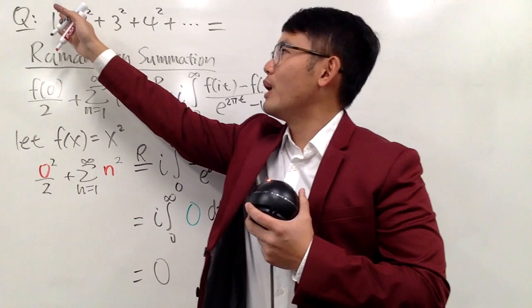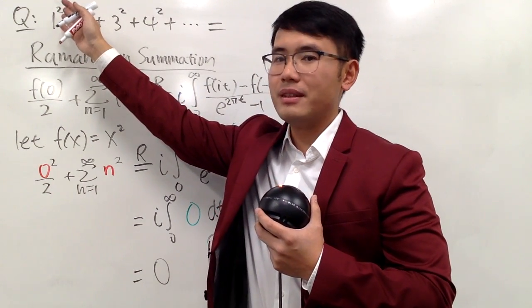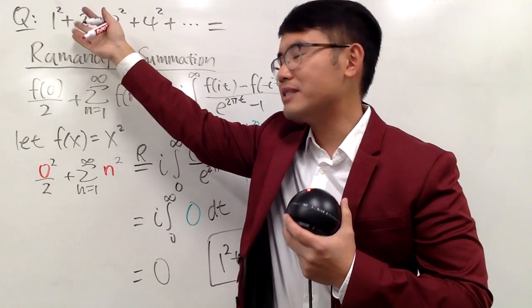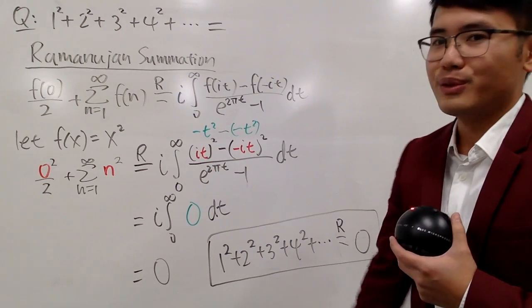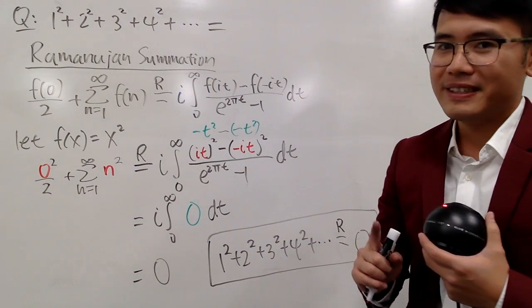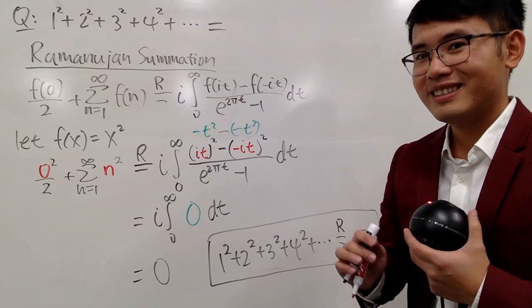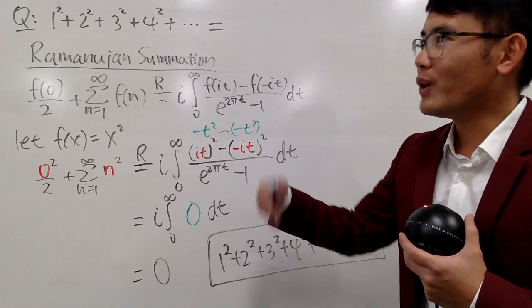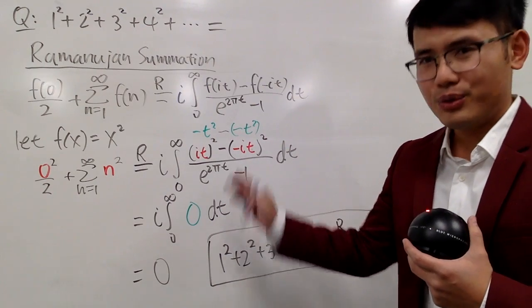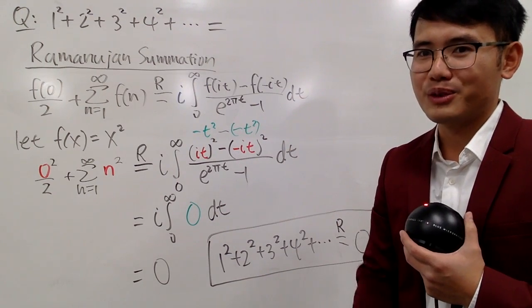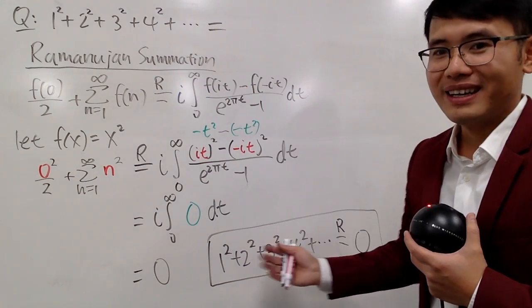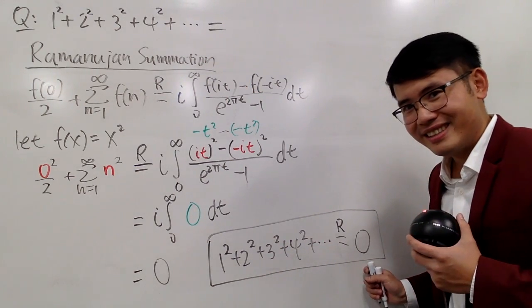So it works when you have maybe the 16th power or like the 28th power or so on, you'll get 0. Yeah. But if you have a convergent series, don't do this. If you have 1 over 1 squared plus 1 over 2 squared, don't do this, okay? Because that series is actually convergent. This right here diverges, so you can do that. And you can impress people that this right here, it's 0.